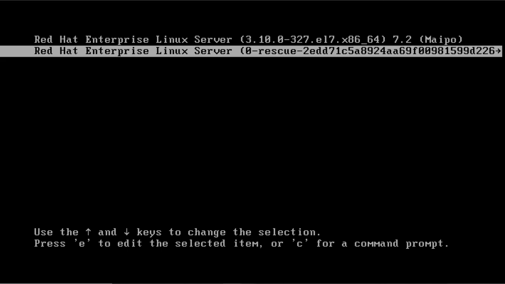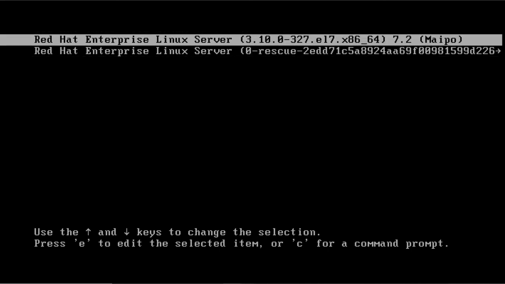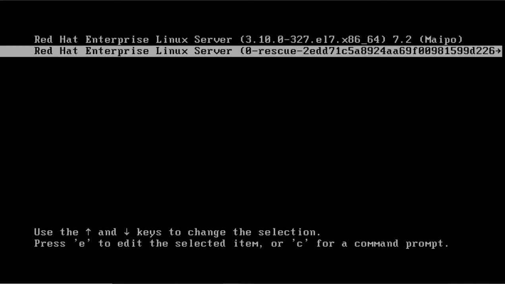There is one more scenario where you need to go to that rescue mode from the DVD. Suppose you forgot the password for the root user. You know the system is working properly, but you don't know the password of the root account. Now you want to set the root account password. You can do that, but only when you have the option to go and edit the kernel parameters.